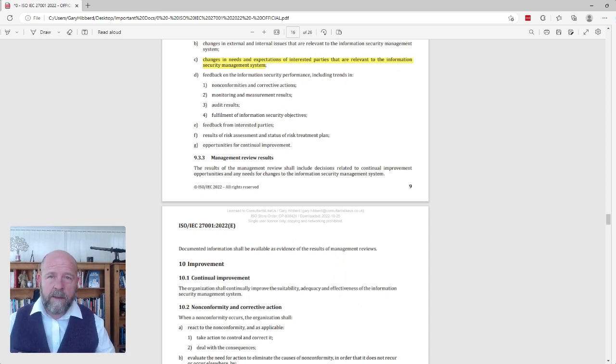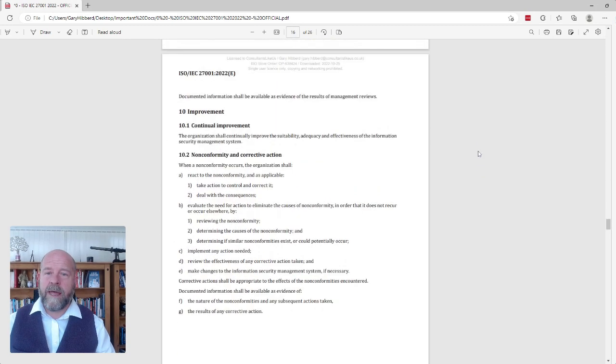Clause 9. There's a lot to it. It's, again, a very short section, but a really important one. So look forward to seeing you on the final clause, clause 10, and you can see a sneak preview right there.